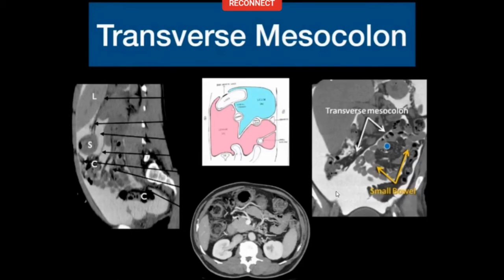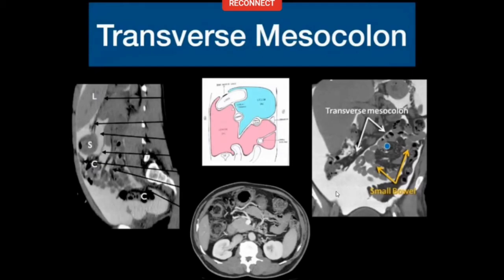In this, you will get vessels which come from the right colon and the left colon. So the left colic and right colic vessels and also the gastroepiploic vessels all will form a common trunk and drain into the SMV to form the gastrocolic trunk. So if you are not sure how to look for the transverse mesocolon, follow the vessel from the gastrocolic trunk. One vessel will run along the greater curvature of the stomach, which will be the gastroepiploic vessel.